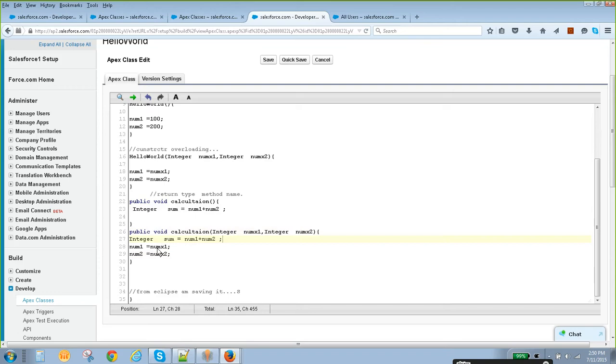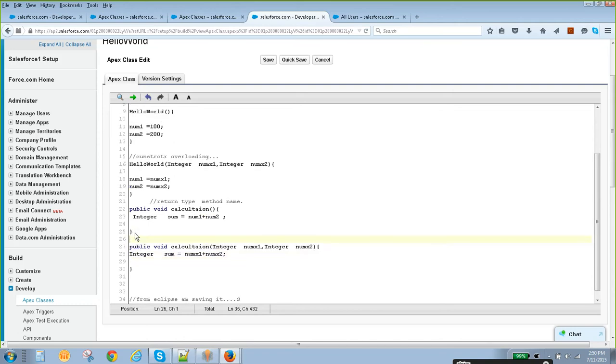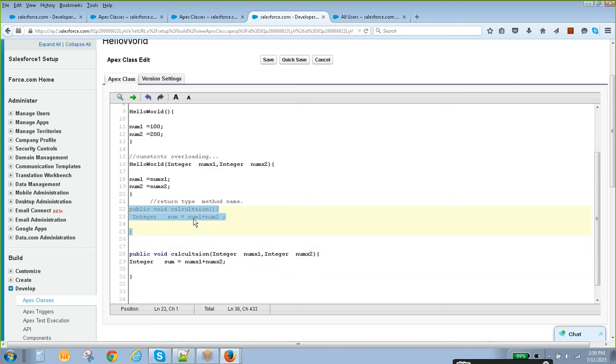What we are doing is taking num1 and num2 dynamically. If you observe this method versus this method, in this method we are just using number1 and number2 from this particular variable. In this method, we are using runtime parameters. Clear?